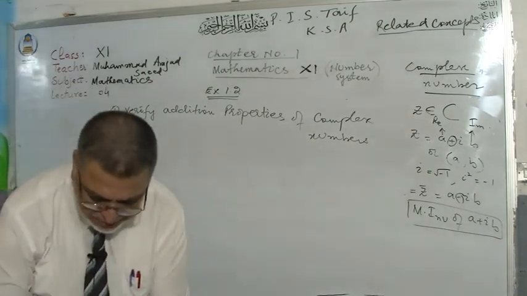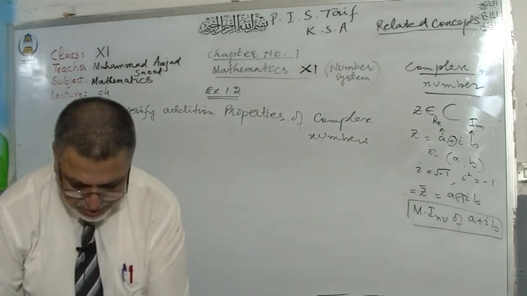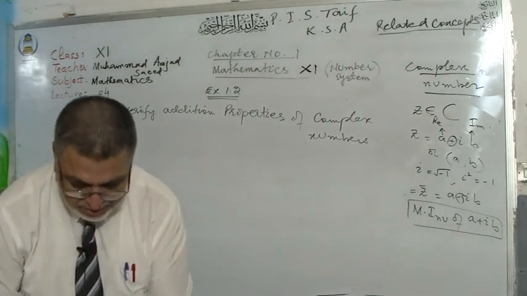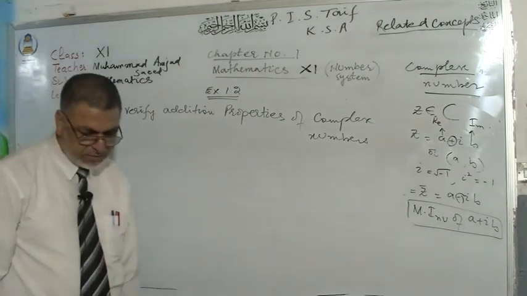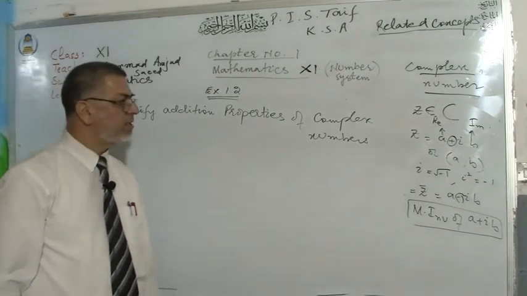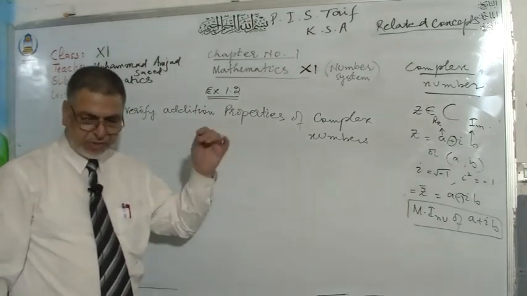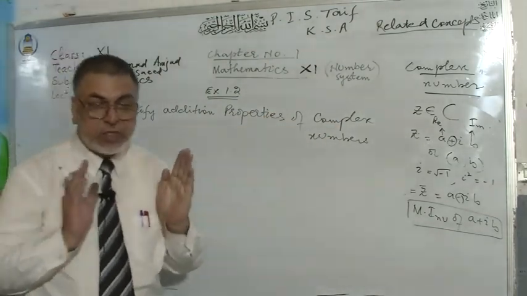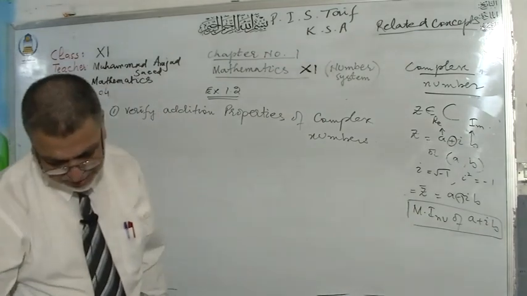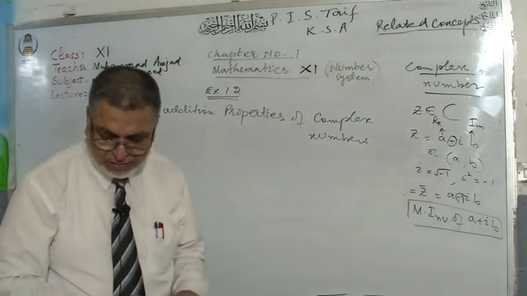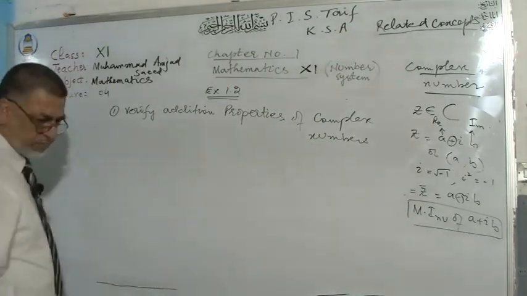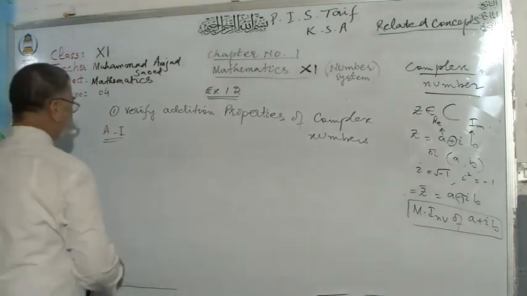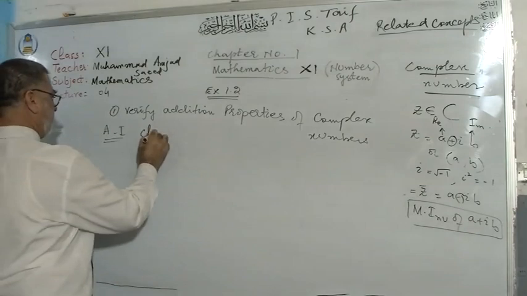My dear students, for addition properties of complex numbers, you can open up your mathematics book, page number 6. On page number 6, it is written addition laws. Basically, addition laws are the addition properties, and we will take members of complex numbers to verify these addition laws. For example, number 1 is closure property of addition. I will write down that first property as A1, closure property.